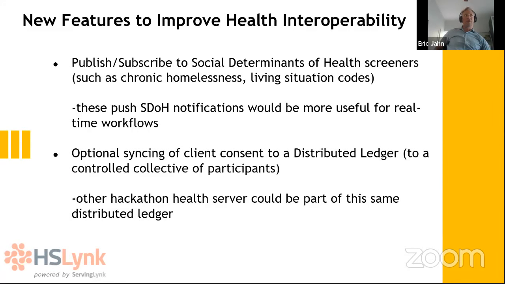Now I know that there are different methodologies people are proposing. One that has come into popularity is the use of a distributed ledger blockchain to do consent. So I'd like to just implement that, see how it goes. That could be a way that consent could be shared with the FHIR servers. We're just going to be testing it out. It would be something that would be synced optionally, and try it out. Right now, we just have the consent stored on the platform, and then they'd have to look it up, which is not distributed and not shared to the other servers. So let's see how that goes. Next slide, please.